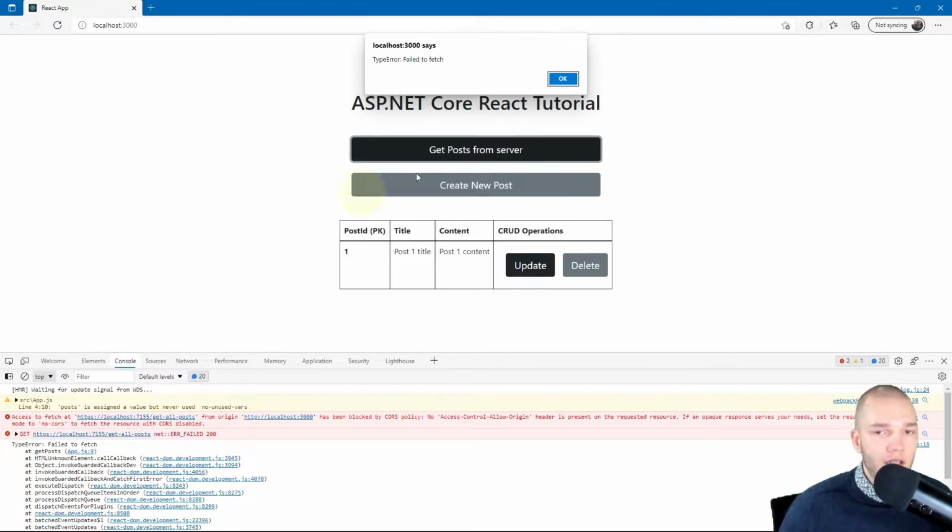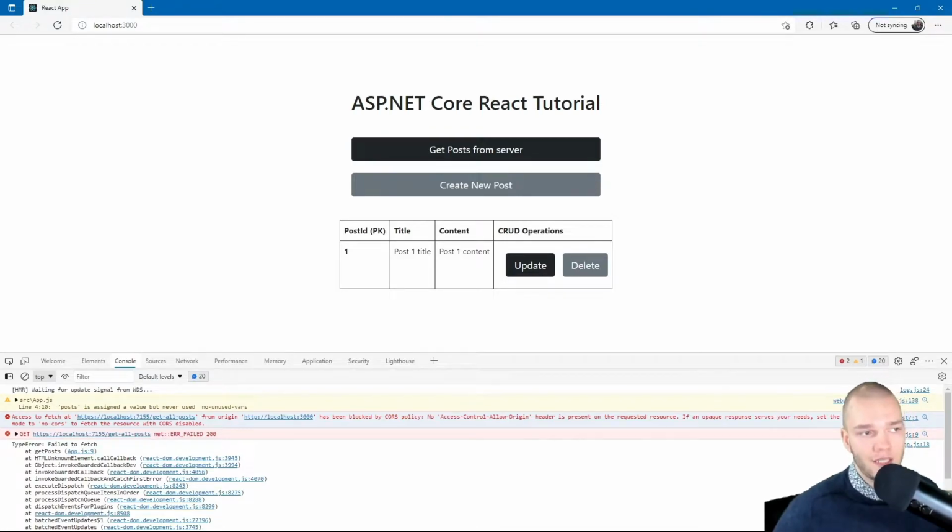Right, then in the React browser window, I'll just hit F5, and I'm gonna hit get posts from server again, and it should fail again because of CORS. So in the console here we see that we get a CORS policy error, and CORS stands for Cross-Origin Resource Sharing, and it's basically a security thing that restricts resource sharing. So resources are things like files between computers on different networks, and we need to set up a CORS policy in our Web API server where we allow our React client to interact with it, basically. So let's do that.